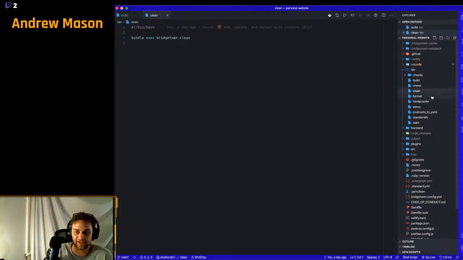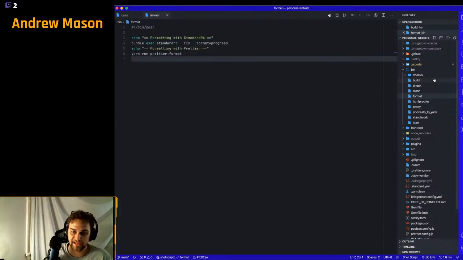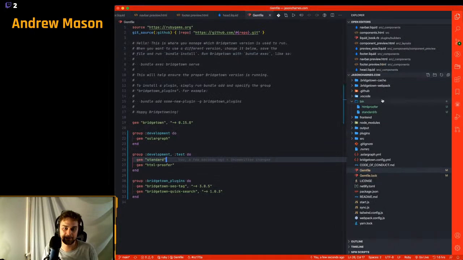I copied a bunch of stuff around in here. I didn't need to do that, but whatever. I'm gonna grab this format bin stub, this check bin stub, and this checks folder. I can't tell if that's selected or not. And then I'm gonna paste